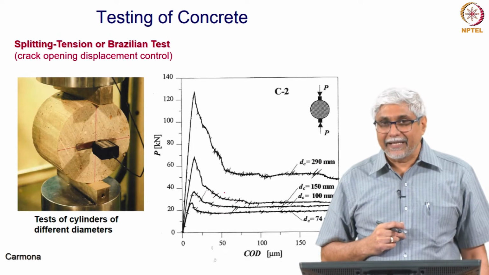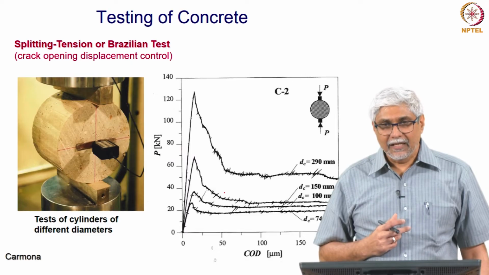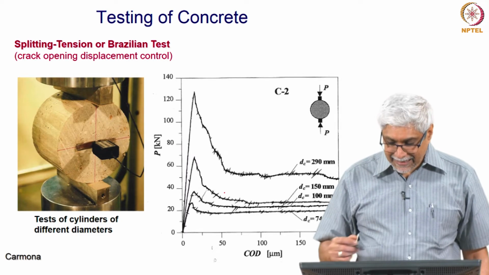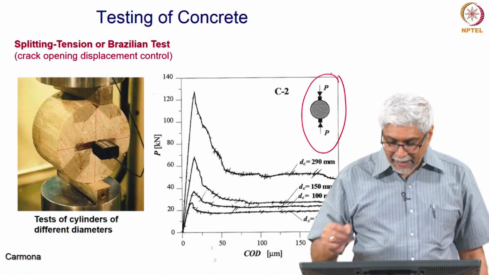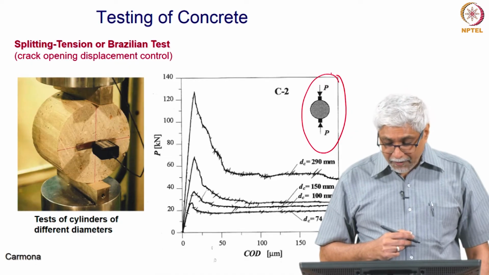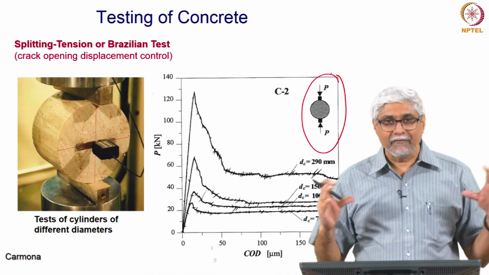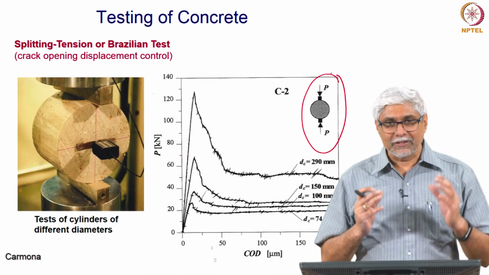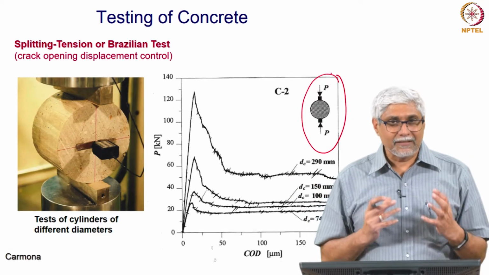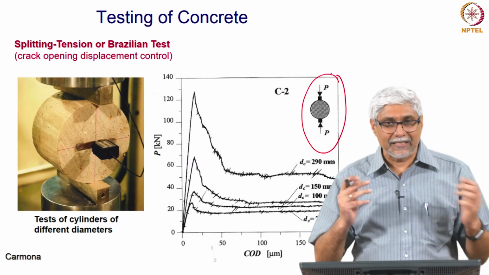An even more complicated test and very challenging is to do the Brazilian splitting test. All of us would have heard about the splitting test, you would have studied about the splitting test, where we take a cylinder and we apply diametric compression and calculate the strength. Now, what we wanted to do is see if we can control this test such that there is no sudden failure. Anyone who has done this test knows that at a certain point the specimen just breaks, right, and you get 2 halves. But the challenge was to see if we can run this test without this sudden failure,